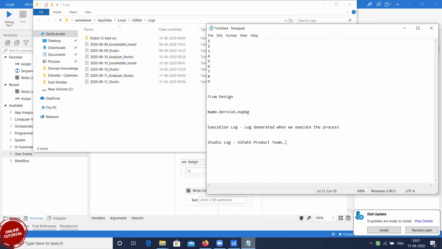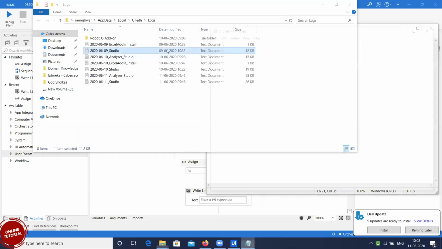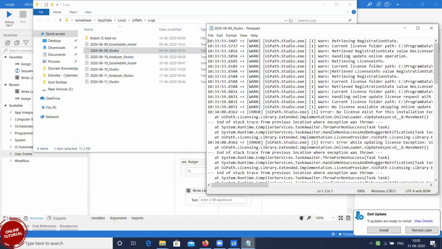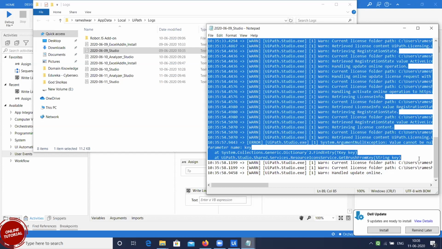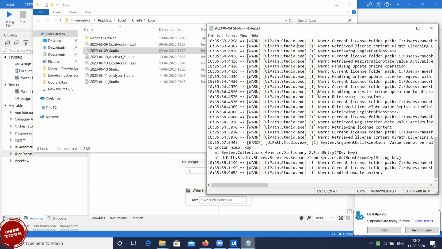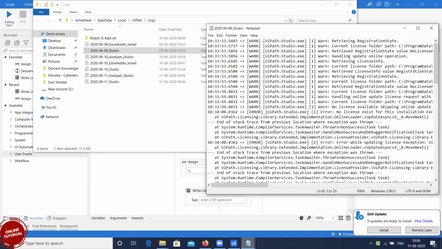Suppose your UiPath is not working. Suppose like we got one issue yesterday in Kuber's machine, right? So now there might be some other challenges. We don't know actually. If you report this to UiPath, they will take your studio log from the machine and they'll find what is going wrong. If you look, from the time you started, what all it has loaded, what it is doing, everything will be given here. So this is basically meant for the UiPath team. We don't have anything to look after here. It's purely for the UiPath team to look at the product, what is going wrong, what is happening, everything.